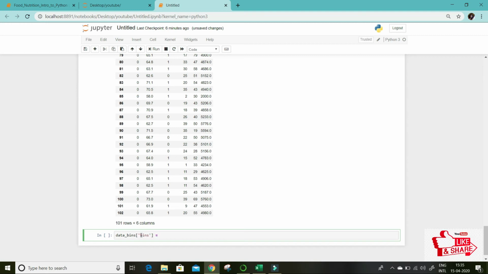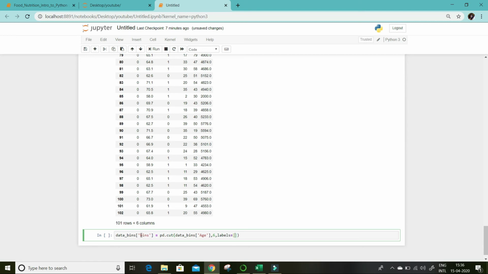How do you want to create it? Through the pd.cut command, making the bins in data_bins. Which column? It is the age column, and I have to make 6 bins, and I want to give the labels.